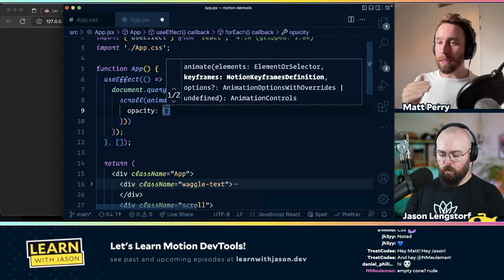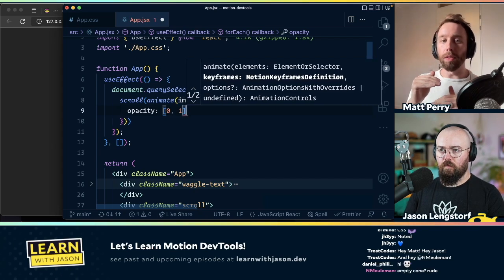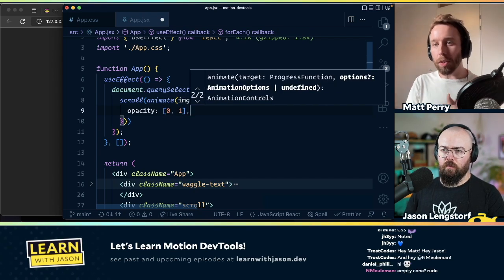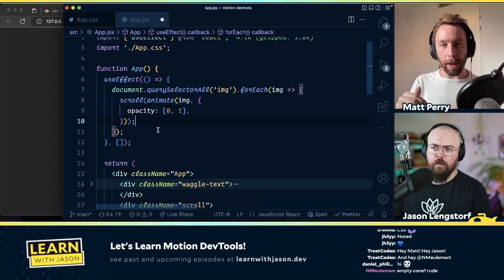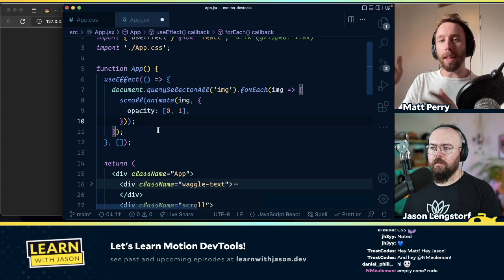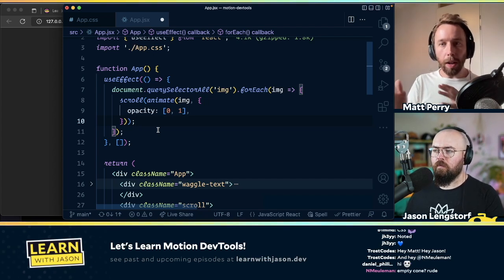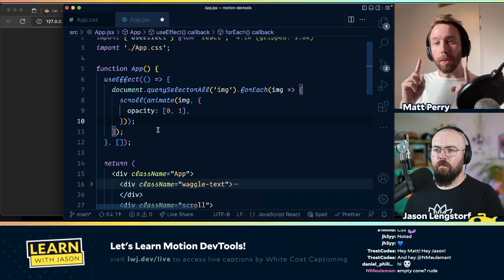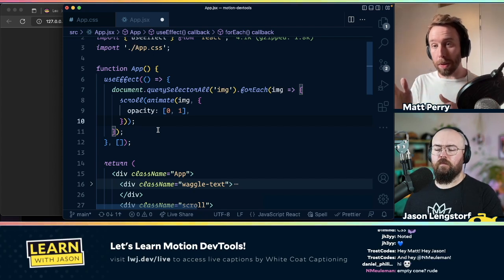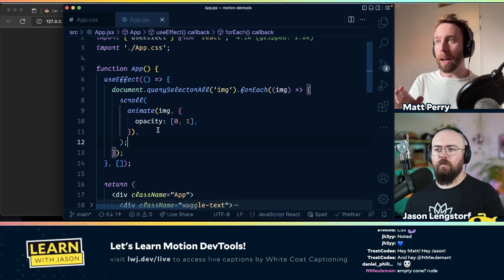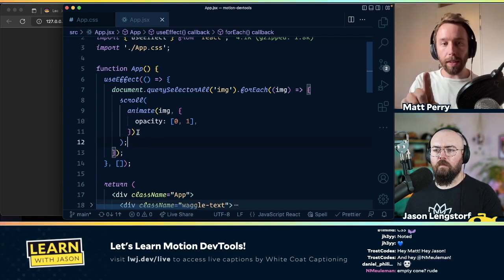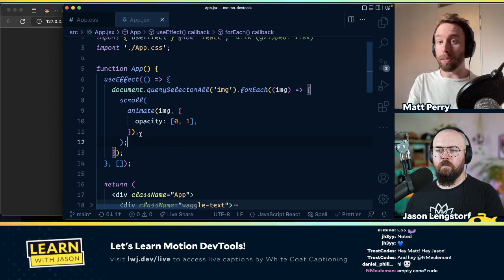Because this is a scroll linked animation, normally, with a time-based animation, we might want to do something like opacity 1. And we'd set the 0 maybe in CSS or something, but we want this persistent, you know, 2 keyframes that we can go between. We can actually put as many keyframes as you want in, and it will interpolate through that, like as you'd expect. But that's what you need to do there. But then as the second argument to scroll,